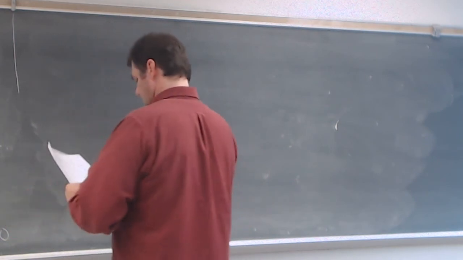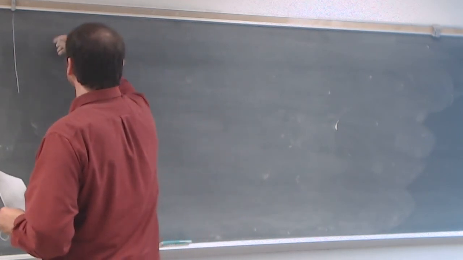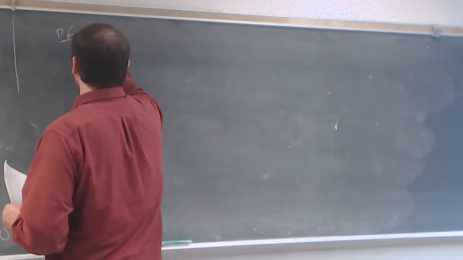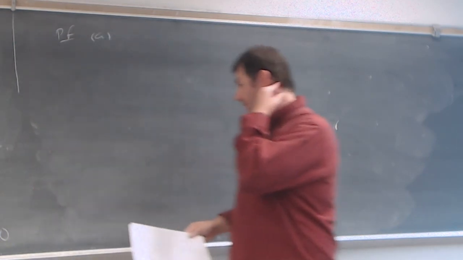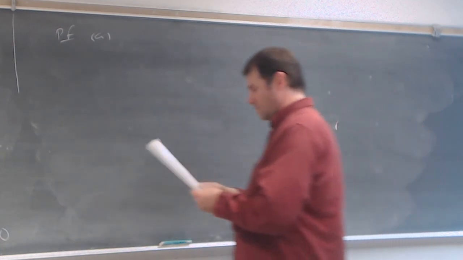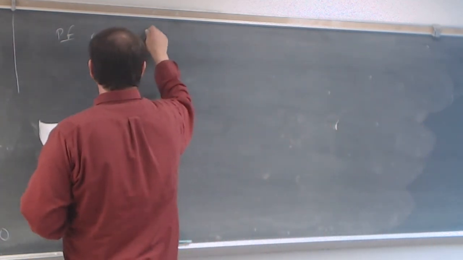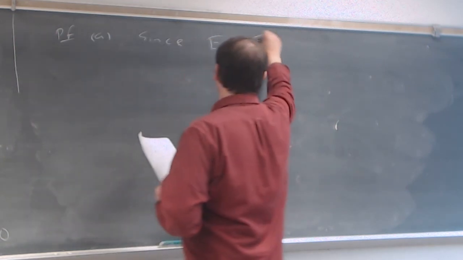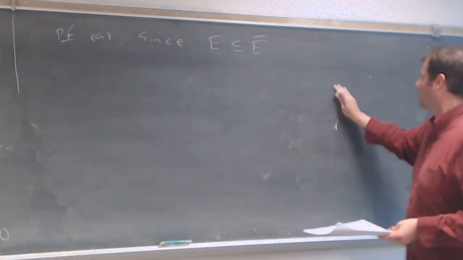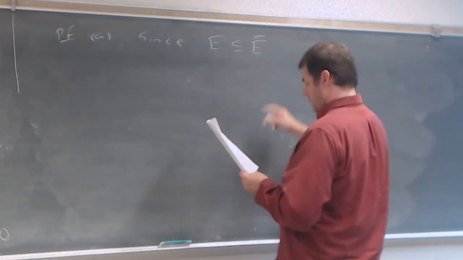Okay, so the proof, part A. We're trying to show that the diameters of E and E closure are the same. So here's the first thing. Since E is a subset of E closure, remember what E closure is. E closure is E union all of its limit points. Then